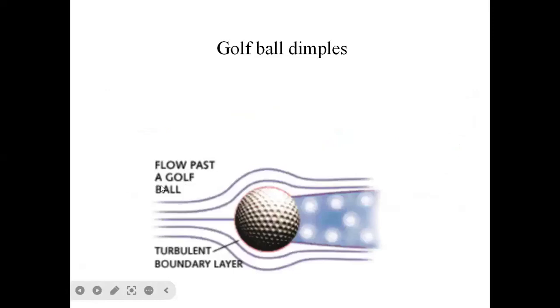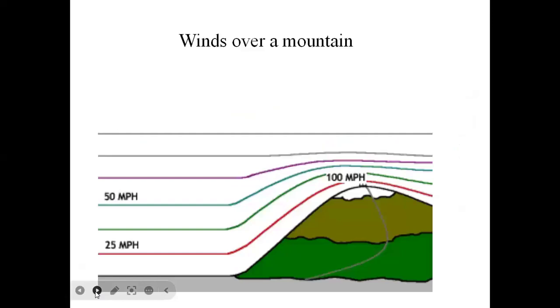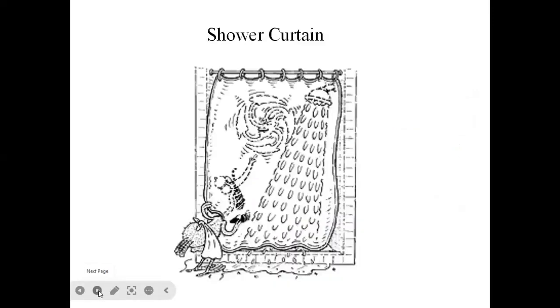So flow fast, a golf ball and turbulent boundary layer, golf ball dimples, and winds over a mountain. Here 50 mile per hour speed and 25 mile per hour speed, but at the top 100 mile per hour because of the more pressure. And shower curtain, this is also if you give the shower on a curtain,